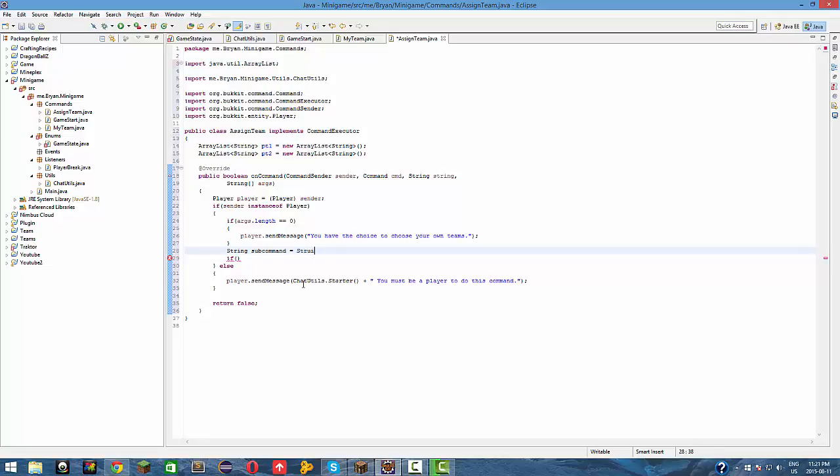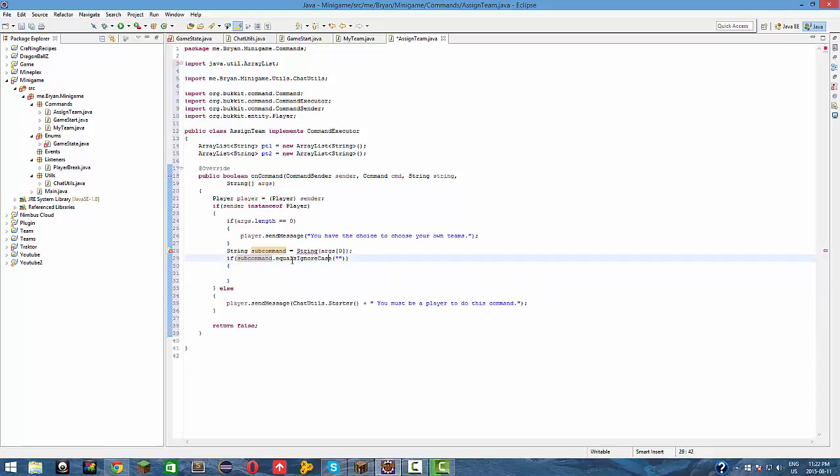Equals string. I forgot how to do this. So embarrassing. So I'm just gonna start testing args 0 value. What? Arg string. No, that's not good. String subcommand will equal a new string called... Okay, you know what? I'll fix that later because it'll come to me. Subcommand dot equals, in our case. There we go. Okay, so if the subcommand is equal to, in our case, blue, then we're going to